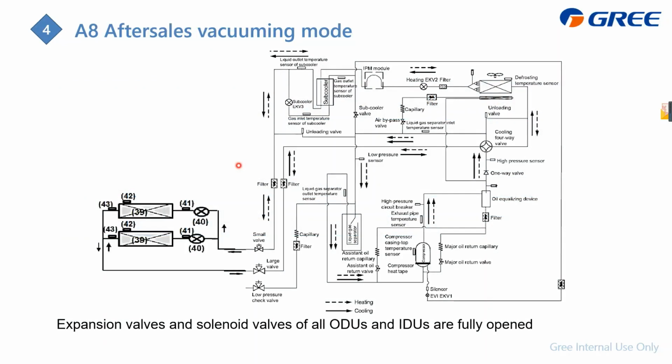And A8 is after sales vacuum mode. It means if something is wrong with our unit, we should do the troubleshooting. And when doing the troubleshooting, we should do the vacuum of the whole unit. But before the vacuum, we should set A8 because it can open all the valves in the unit, the indoor side or the outdoor side, and can help the unit do the vacuum